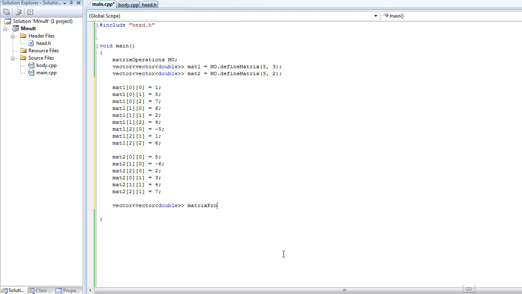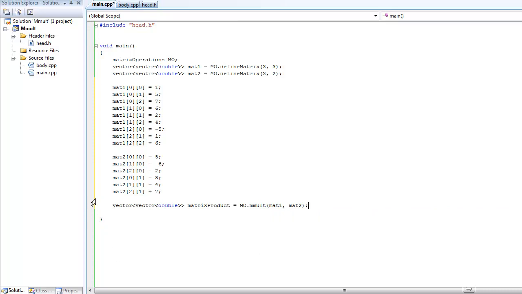Matrix product, and it will be mmult, and we multiply matrix 1 and matrix 2 together. Okay,